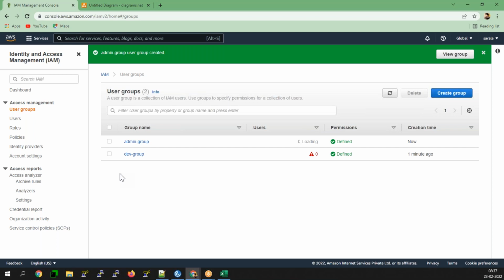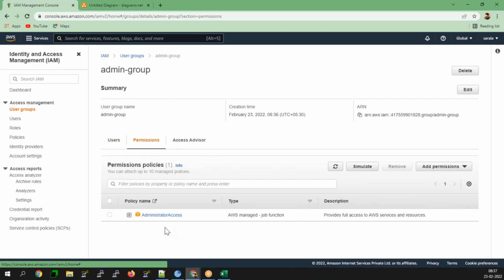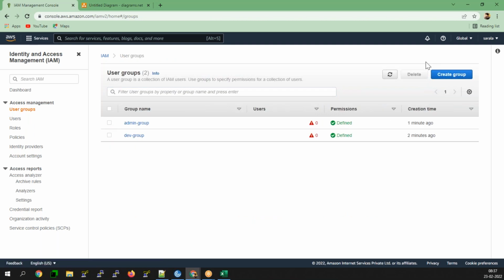So now here, this administrative group has been created, which has admin access. The permission is administrative access. Similarly, you need to understand the concept of power user access.